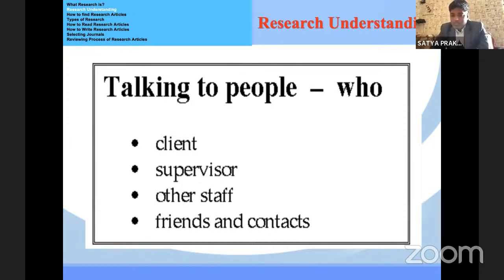And other staff, friends, and other contacts who know about those things, so that we can gather the information for research on that particular title.